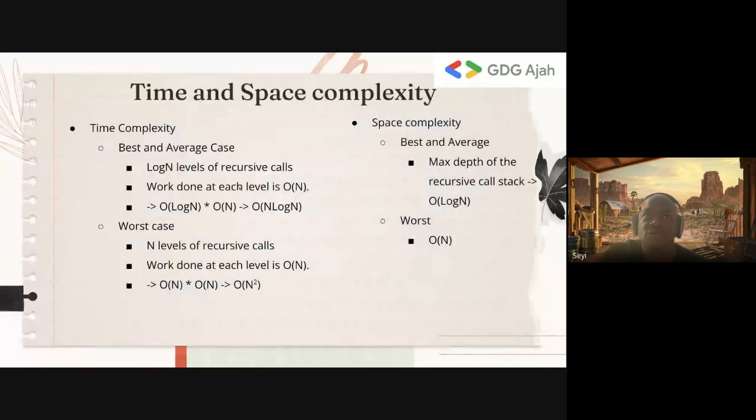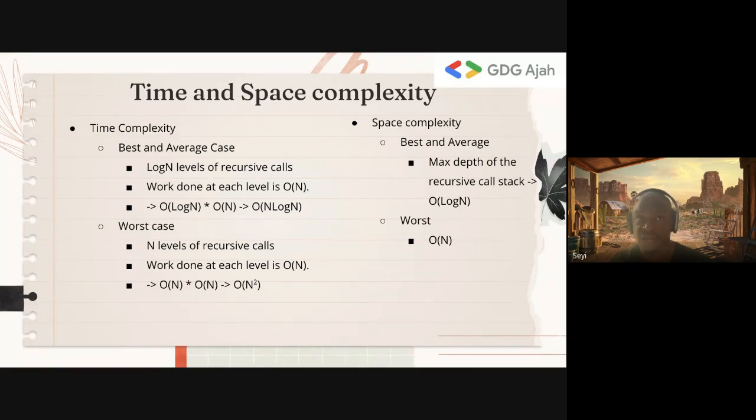Okay, so time and space complexity. The best and the average case is like merge sort because we have log n levels if we divide the problem well on each recursion. And at each level, we do O of n work to partition the array, which gives us n log n.